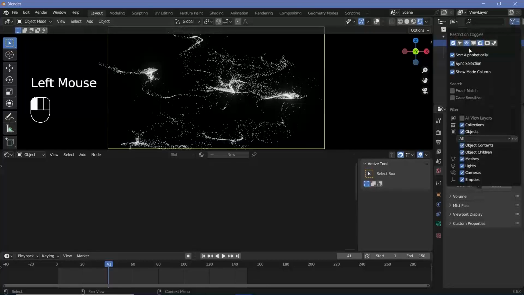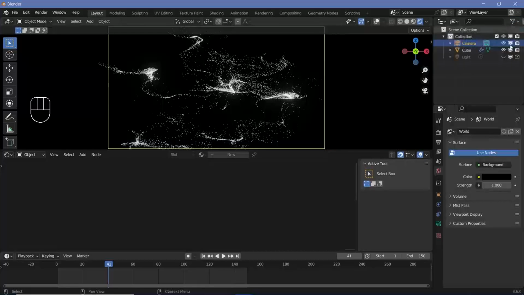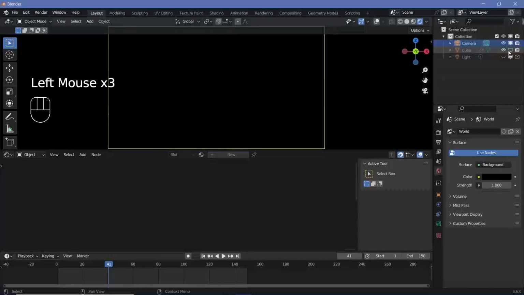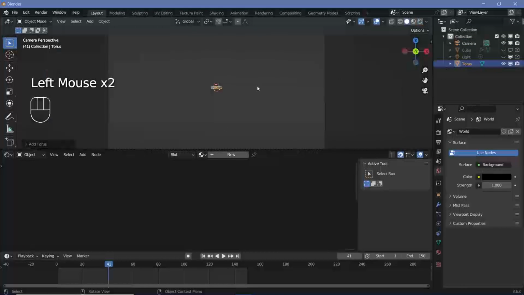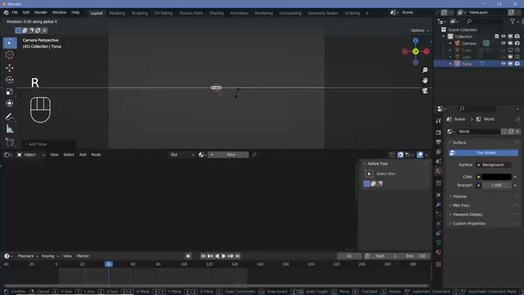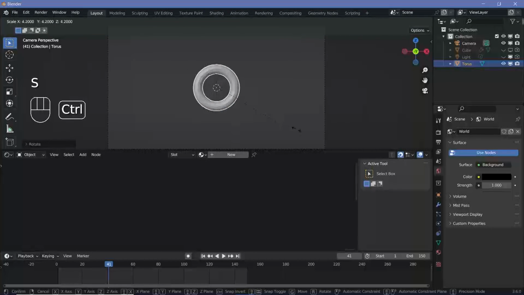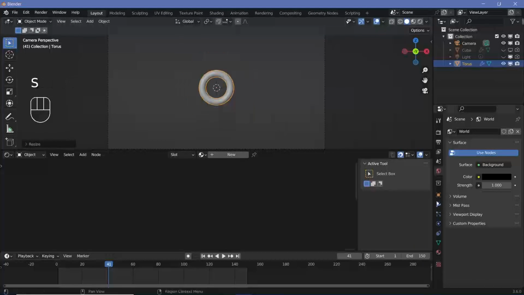For example, we can go ahead and disable this cube by just enabling this option as well, and then switching it off over here so that it no longer slows down our viewport either. Then we can press Shift A and search for maybe a mesh torus. To see the torus, let's just change our viewports, and then let's rotate it on the x-axis by 90 degrees, scale it up by a bit, maybe add in a subdivision surface of level 2, and then in the modifiers,